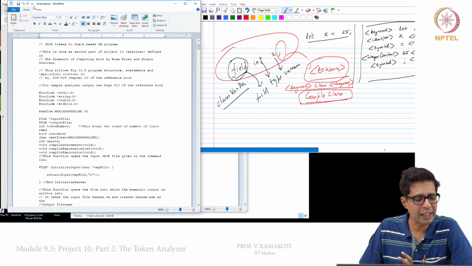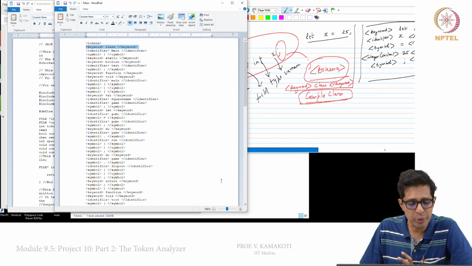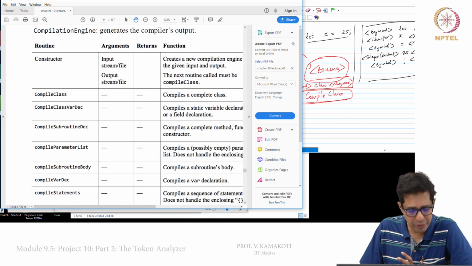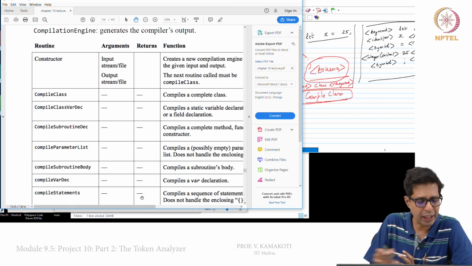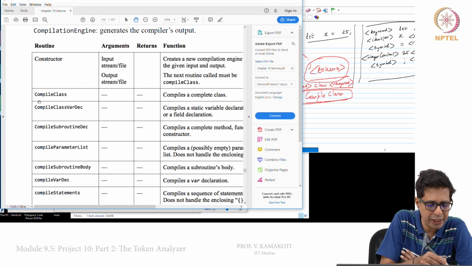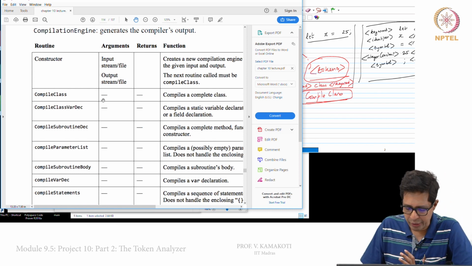And what will compile class do? Now how do we write the code for compile class? Now we go back to the grammar. The compile class is the routine that I am showing here.